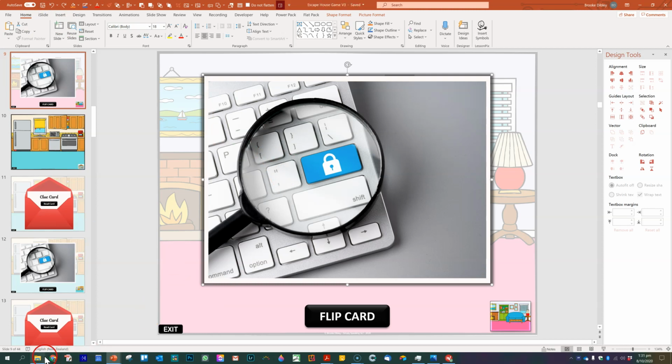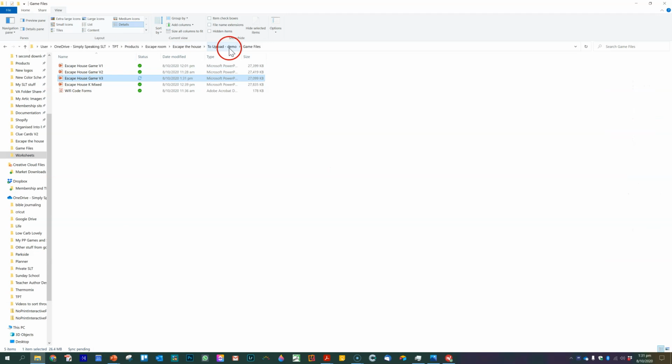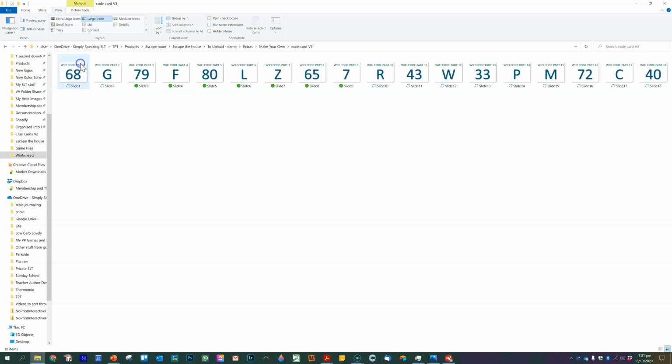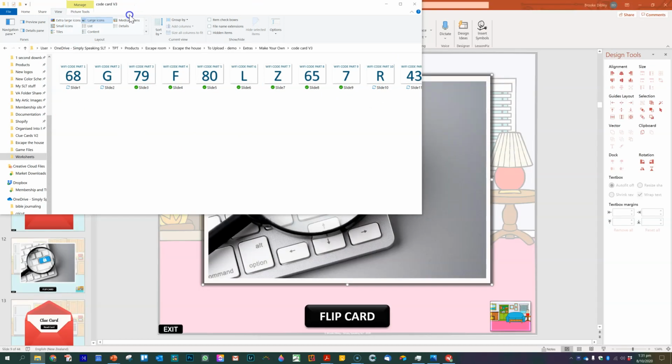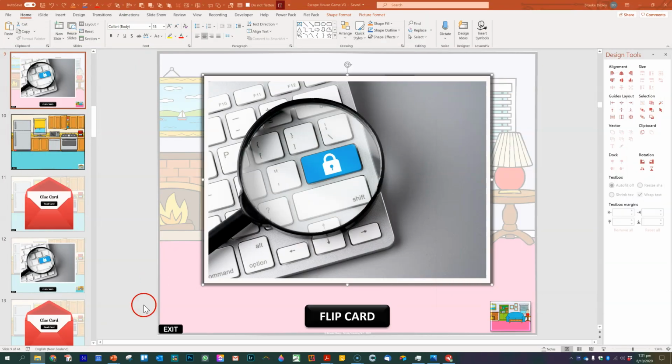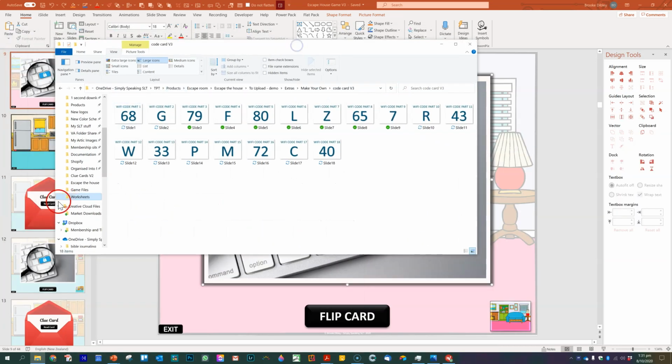Then what you need to do is open up that file again that has your clue cards in it, that has your Wi-Fi code in it, because this is your new code and you need to put this in the form. So I'm just going to pop this on my other screen for now. If you don't have another screen, it doesn't matter, just close the file. Now what you're going to do is go back to, actually, you know what we're going to do? We're going to go back to